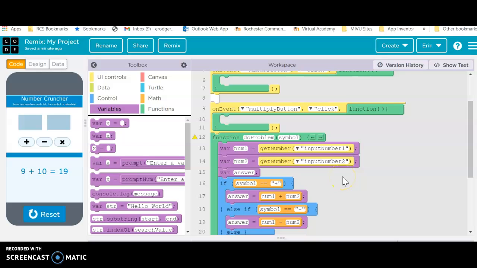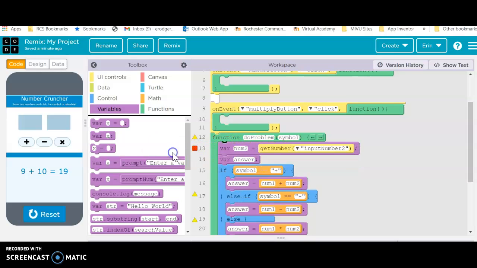Before I do so, I just want to make a quick comment on the fact that when we did the last one and we talked about having parameters in functions, keep in mind that your function can have more than one parameter if needed. So, for example, if I wanted to generate random numbers instead of getting numbers from the boxes up here, I could instead